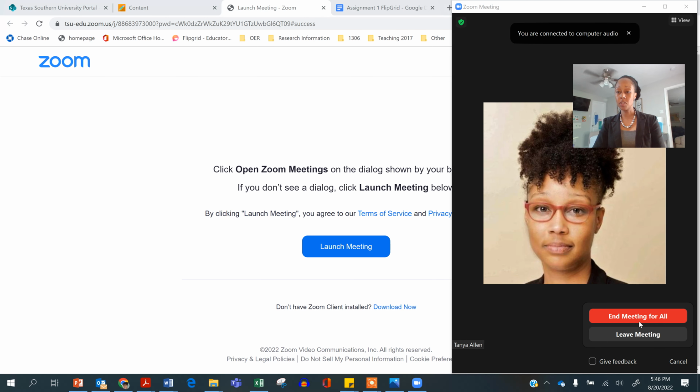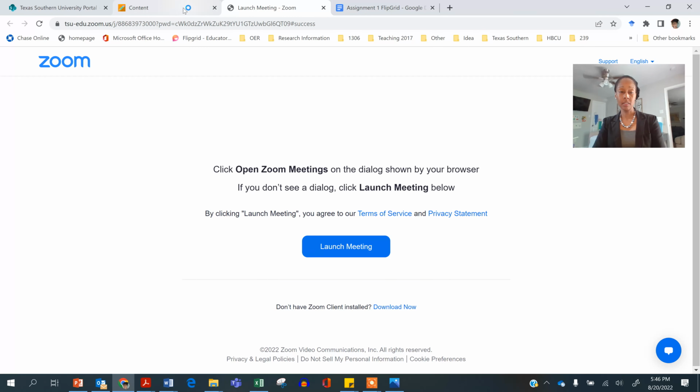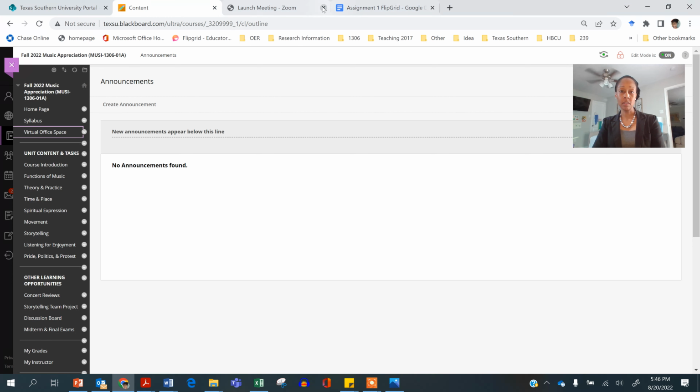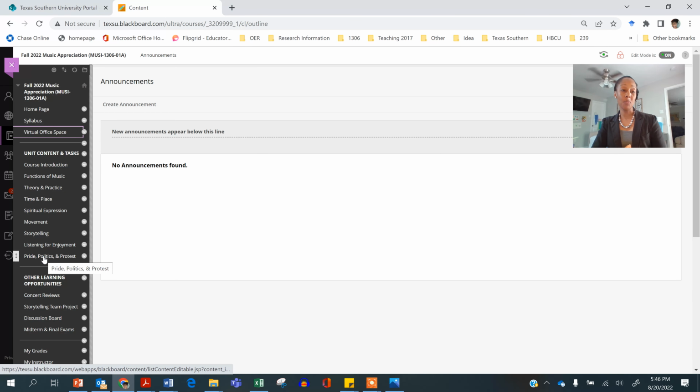your Zoom application will open, or Zoom might open on the internet if you don't have the app installed. So if you've gone through the syllabus and done the scavenger hunt already, then you realize we have a calendar of weekly activities for the whole semester. Each of these tabs under unit content and task are those units that we will cover. Every week that a unit is supposed to open, a unit will open at the beginning of the week listed on the syllabus